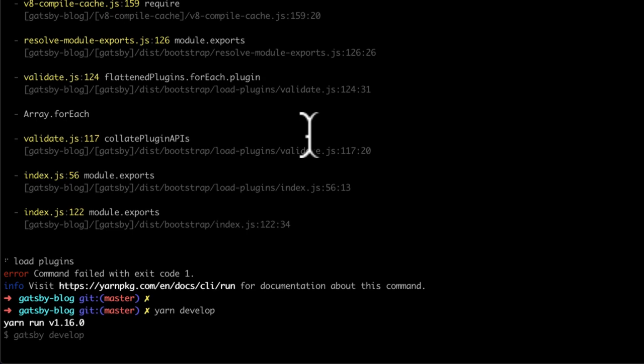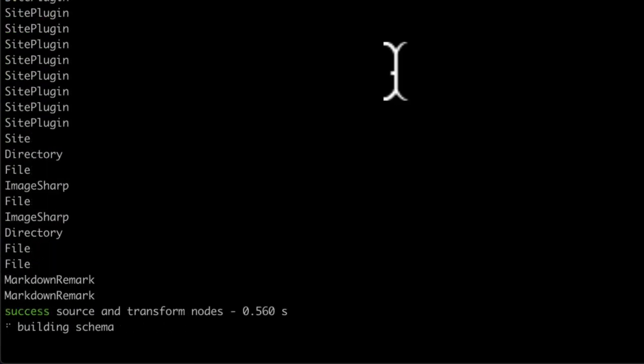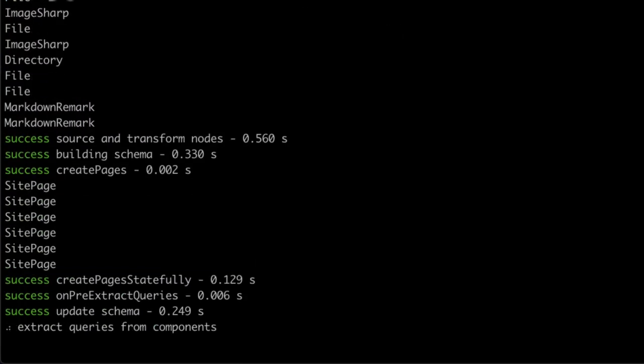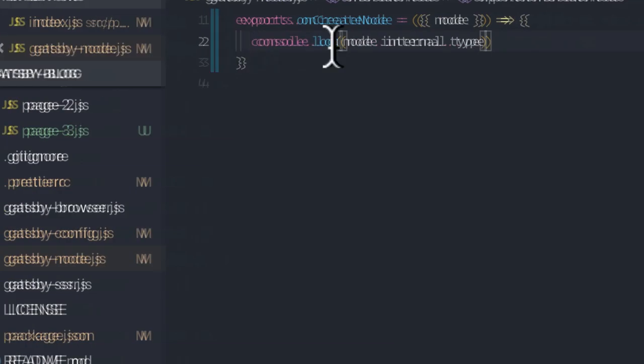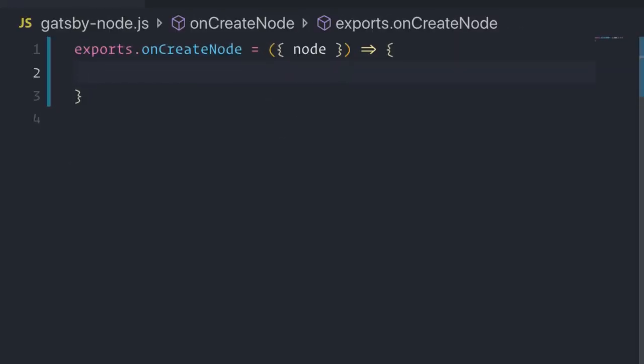what we're going to see is when it's building, we see this list of all of these different things that we're logging out. These are all the types of node that we have available. The main ones that we want are the markdown remarks, because as you remember, the markdown files are what we want to use to build out our pages. So we're going to say if node.internal.type is equal to MarkdownRemark,